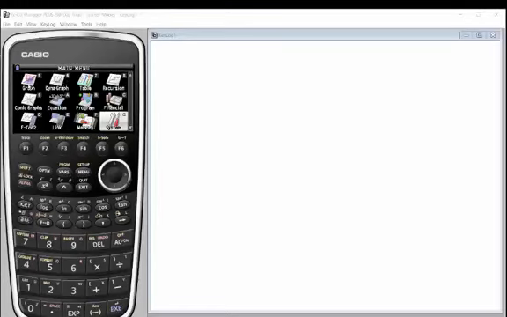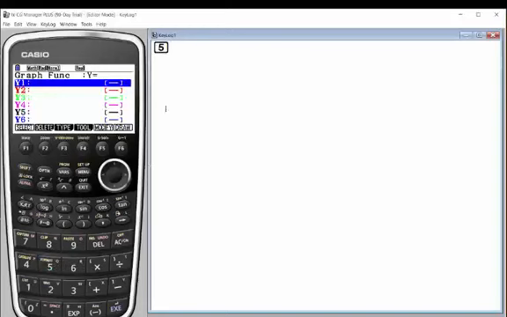So we're going to go to the graph menu. We're here at the menu on the Casio Prism, and I'm going to choose number 5, my graph menu, and I'm going to want to enter my functions. I'm going to focus on parabolas today just because that's a nice one to visually see. And I'm going to do both the standard form and the vertex form.